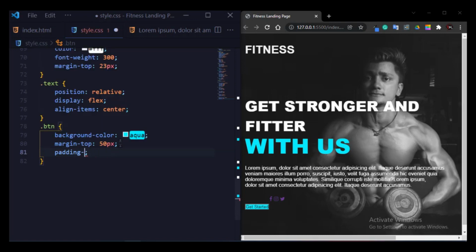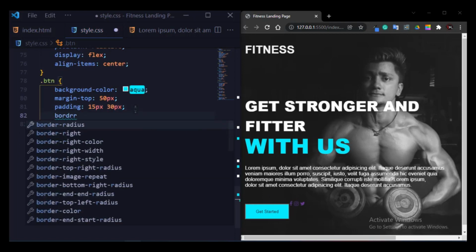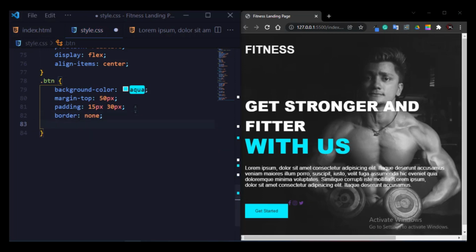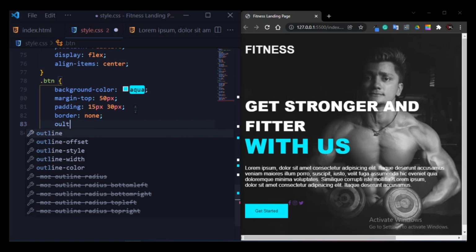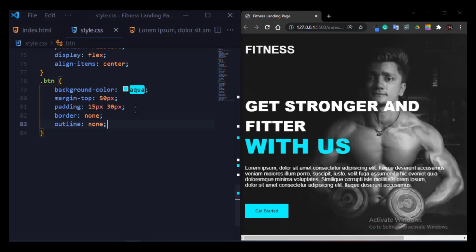So padding 15 pixel and 30 pixel, and now I will write border and give none, and also I will remove the outline, so it is none.